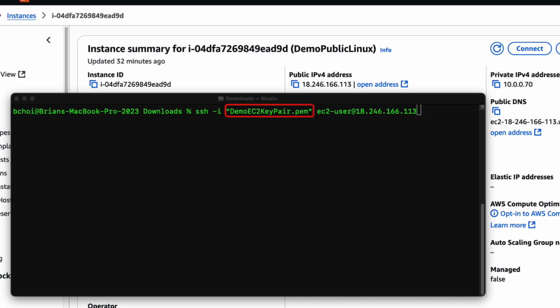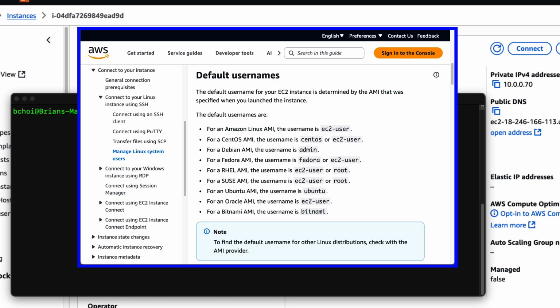I have this file downloaded on my laptop and I've navigated to the directory where this file exists. In my case, the downloads directory. If you're issuing this command from another directory, you can pass in a path to the file. Next thing is a username, which in my case is EC2-user. In order to get this value, you can look up the default username in the EC2 documentation. For my Amazon machine image, the default username is